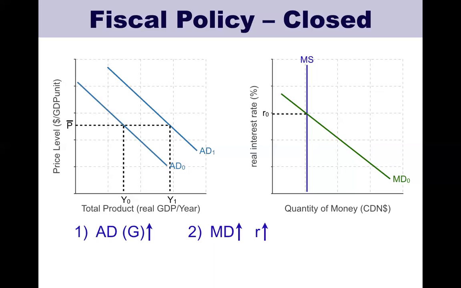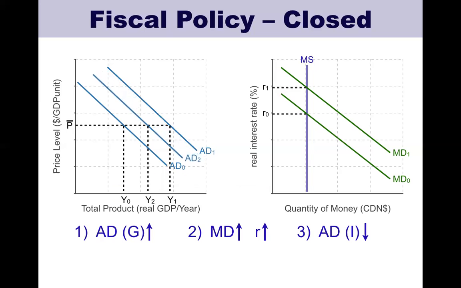Now, of course, we know that when there's an increase in the aggregate demand, we see that there is an increase in money demand. Remember that order of causation. We've already seen this. When there's an increase in money demand, that's going to increase the interest rate in the economy. And we know that the first thing that reacts to an interest rate is going to be the investment. Since we're in a closed economy, we don't have to worry about exchange rates. So investment is the first thing that reacts. Well, higher interest rates means lower investment.